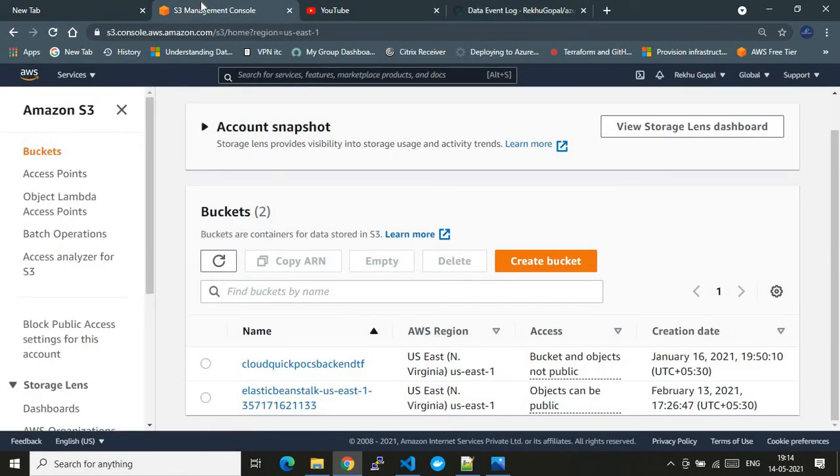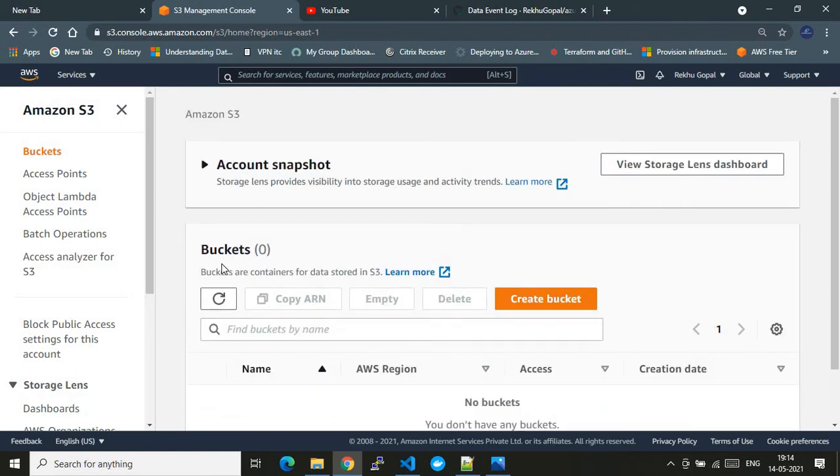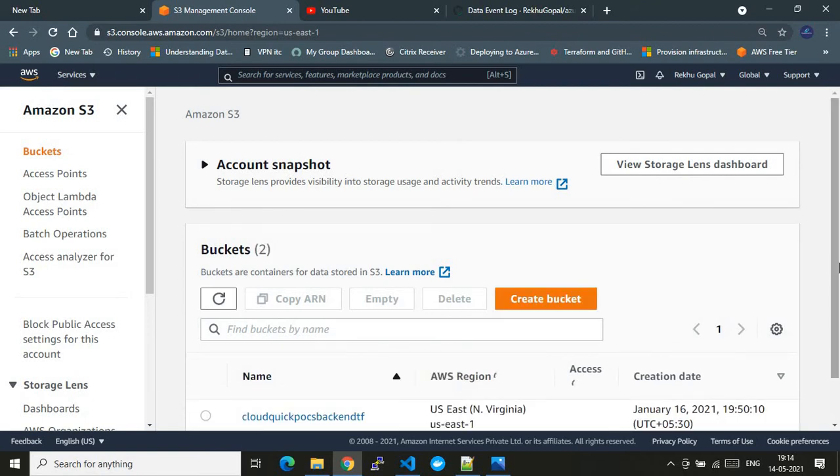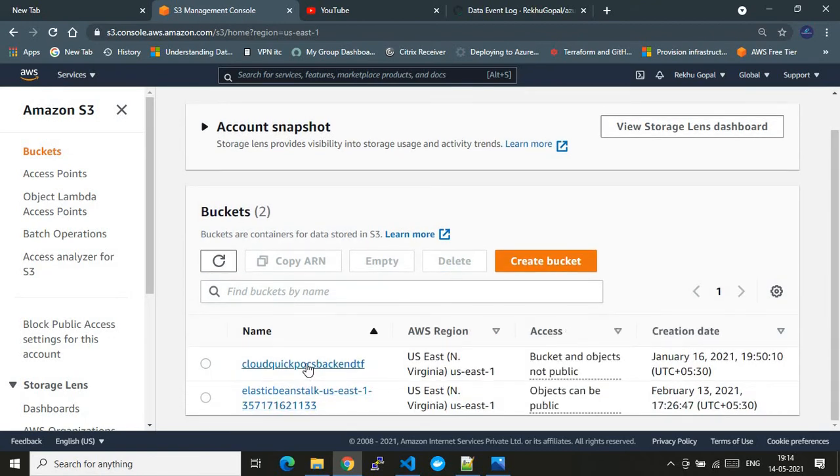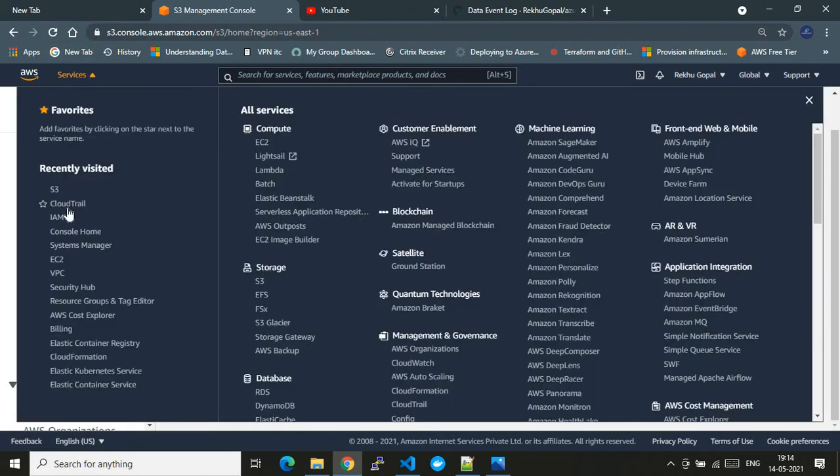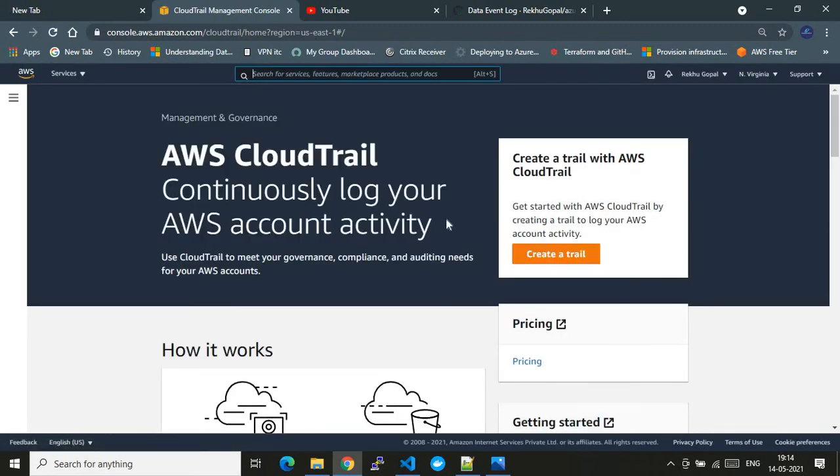Before I walk you through the next step, the Terraform apply stage, let me quickly show you that the bucket is not yet created. Here you see it has only two buckets, and the CloudTrail bucket is yet to be created. I will again take you to CloudTrail, and show that no CloudTrail has been created, and the data filter is also not created. So as you see, there is no CloudTrail as of now.